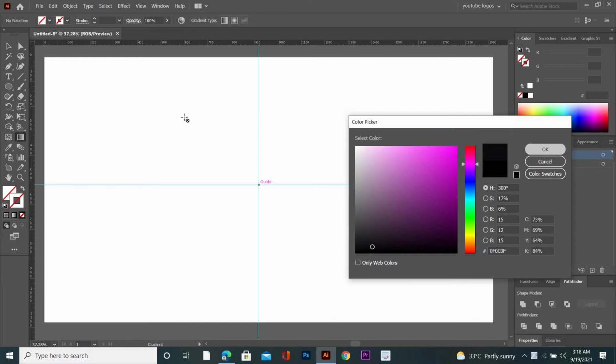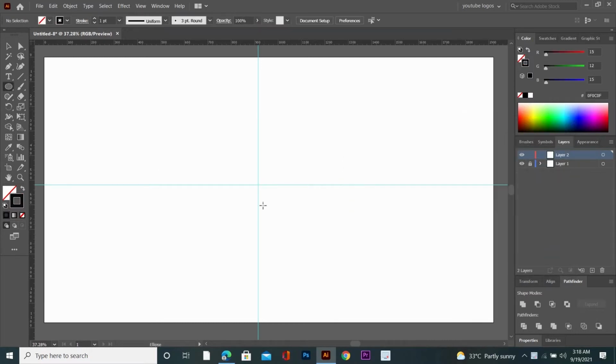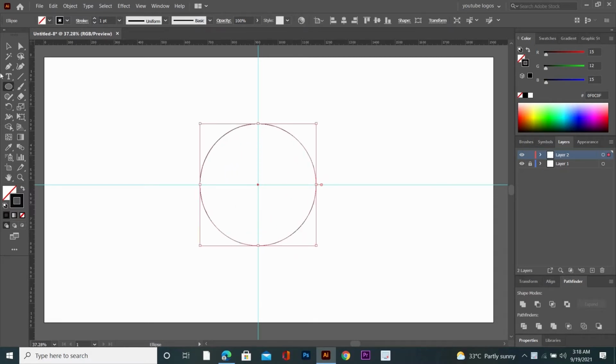Now go to the ellipse tool, press and hold Alt and Shift keys together, click and drag to make a circle. Select the circle, press and hold Control, press C and then press F. It's going to make a copy and then place it at front. Now click and drag the copy of the circle and place it right at the middle of center and the upper